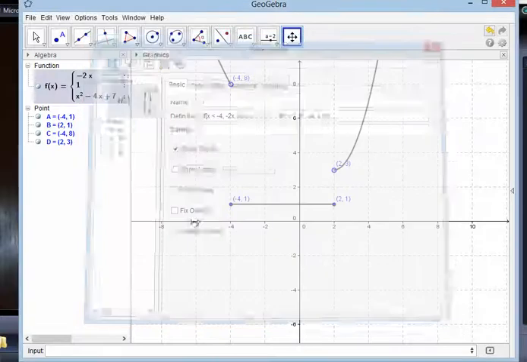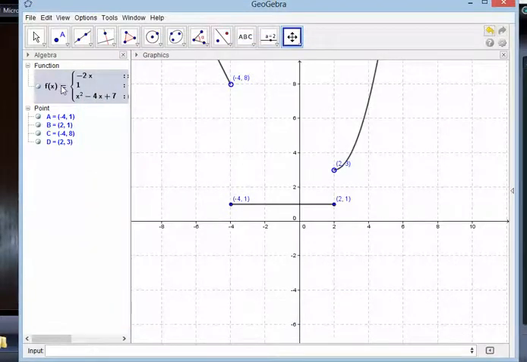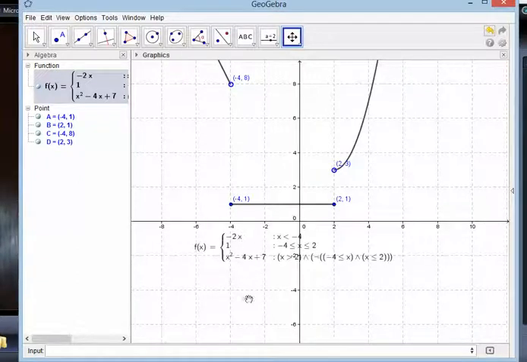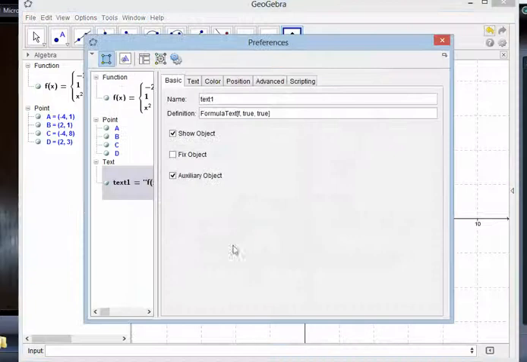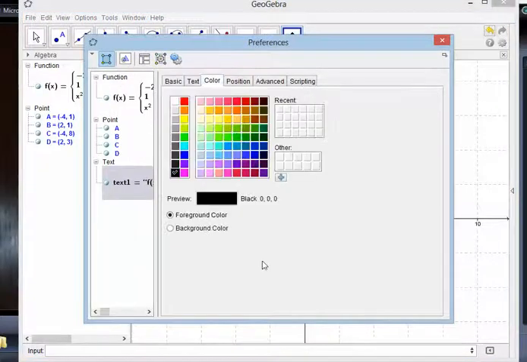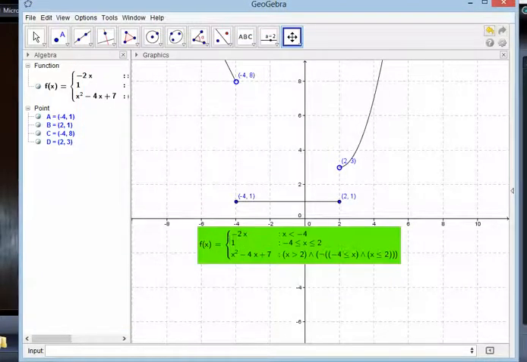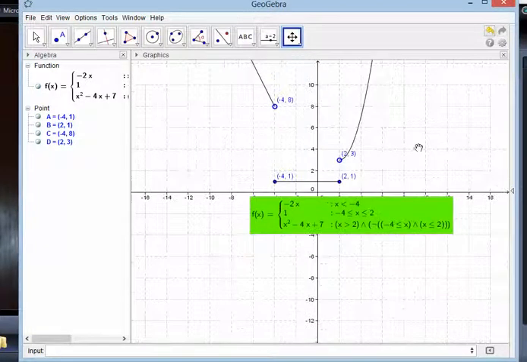So, alright, we can also just grab this highlighted function here and just drag it right onto the graph. Now you'll notice some strange looking symbols there, but at least it does list the functions here for you. Okay. Now we can also go to the object properties of that, and let's say you wanted to maybe change that background color so it'd be a little more visible. Let's change it to fluorescent green. Then you can see that the actual label there is a little more visible. Alright, I'm going to zoom out a bit here,